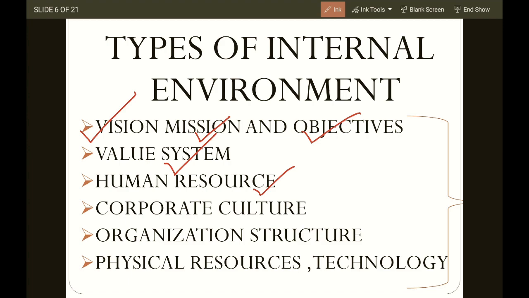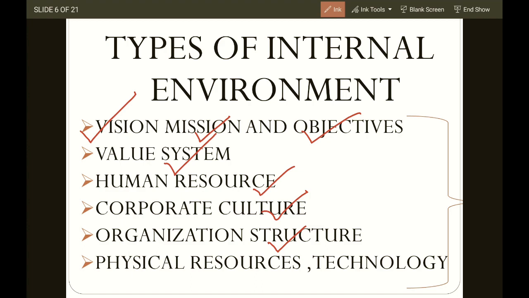If you talk about Tata, Reliance, Wipro, Google, any company you talk about, human resource is the most important resource. That's why the companies are able to achieve their vision. Okay. Now, corporate culture, what is the working environment there? Very important. The working environment should be good, cooperative and harmonious, with no conflict or quarrels between top level, middle level, and low level. If there are a lot of conflicts or quarrels, what will happen? Ultimately, there will be no focus, and no focus will lead to distraction, and you will not be able to contribute towards production of goods and services.